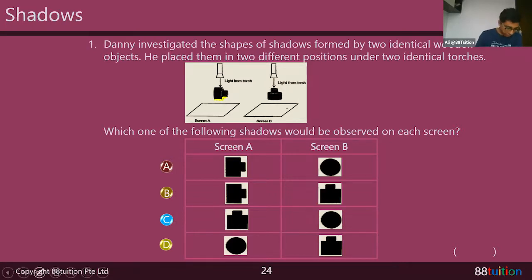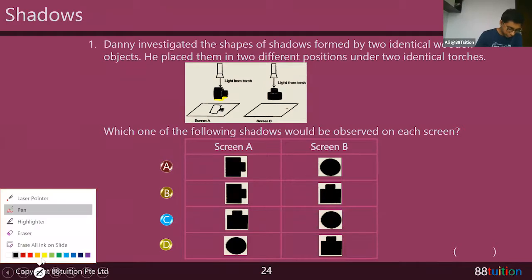So therefore, it will form because of the extension of this side. Remember this. Now, here will it form? No, because it's only the bottom part blocking bigger than the. So what you must see is